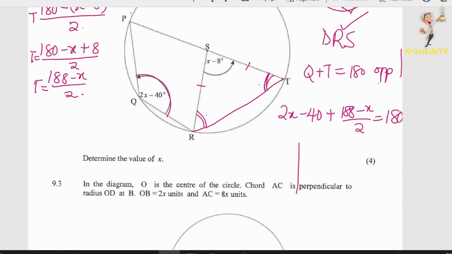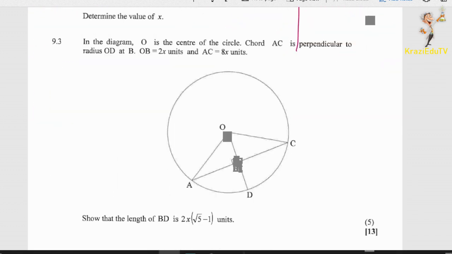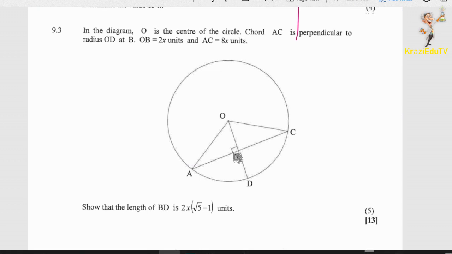Alright, now if we look at the next question here, let's say this. O is the center of the circle, and chord AC. We're basically using theorem 1. AC is equal to 8x, and OB is 2x. Can I say that this line is equal to that line? A line drawn from the center perpendicular to the chord will bisect the chord, so that is 4x,